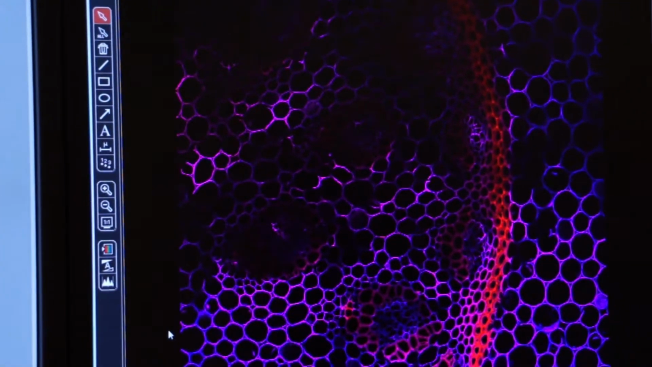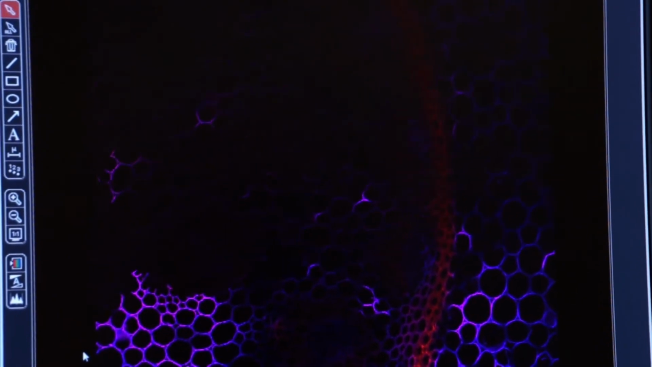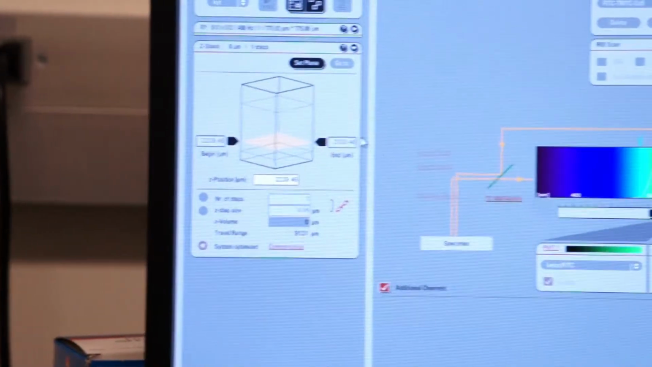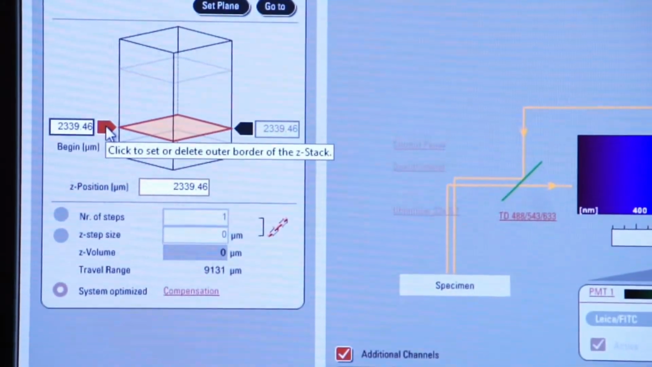And now I'm going to manipulate the Z position knob on the smart bar to select the point that's out of focus, beyond the focus, underneath where I want to begin. That looks like a good position to begin. So we'll come back over to the Z-stack. We'll click on the black arrowhead for begin, and we'll tell the system that is where we're going to begin